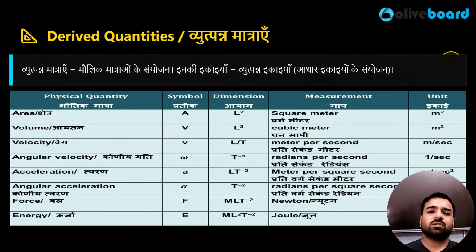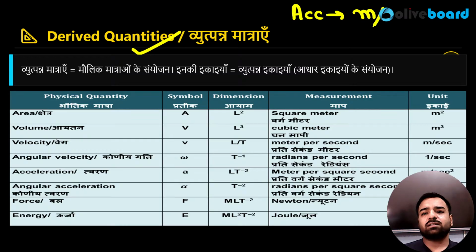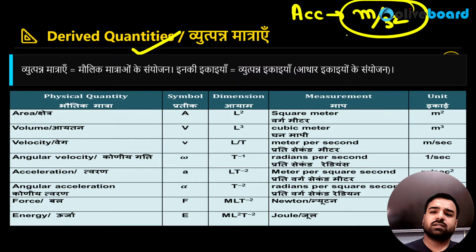Okay, so now guys, what are derived quantities? These are quantities derived from the fundamental quantities. There were 7 fundamental quantities. Apart from that, there were 2 supplementary quantities, solid angle and plane angle, whose units are steradian and radian. For derived quantities, let's talk about acceleration. For acceleration, we have the unit meter per second square, right? Here meter is length, and second into second is again time. So it's derived, that's a derived quantity.